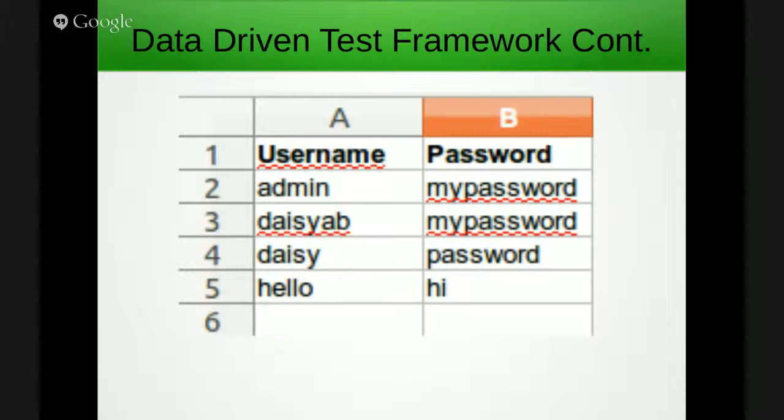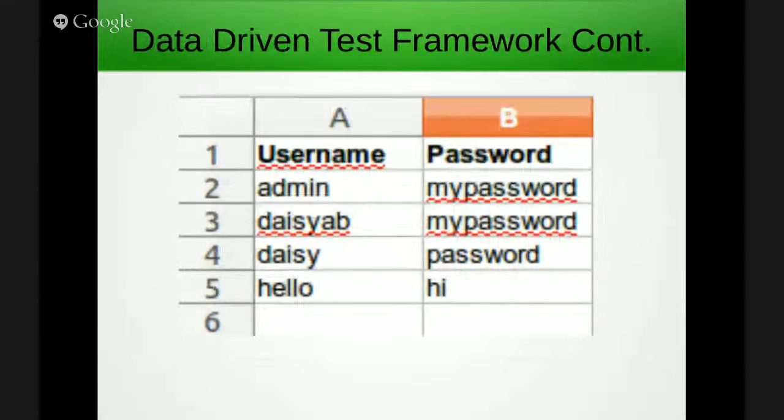This is a snapshot of the login test data that I had on my local machine. The second row shows where you have the username as admin and the password as my password, which are the actual and the real credentials of logging into the MACC on my local host. The third, fourth, and fifth rows are just extra test data that we're going to use to test the login functionality. And the way this works is